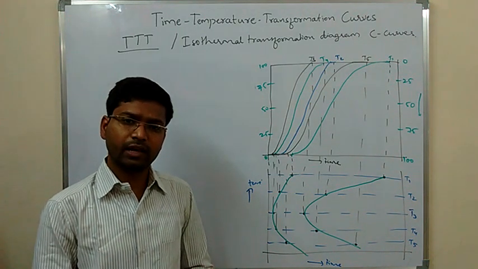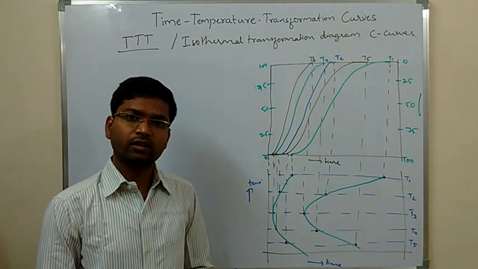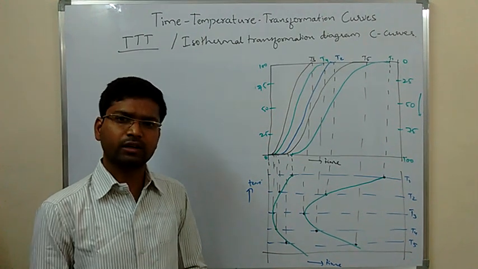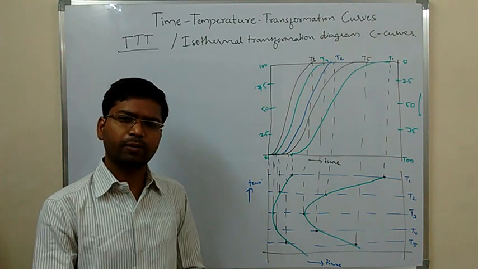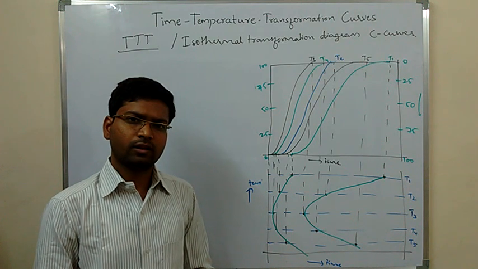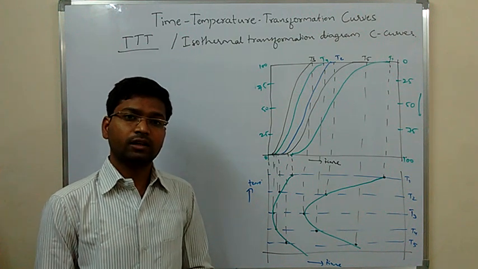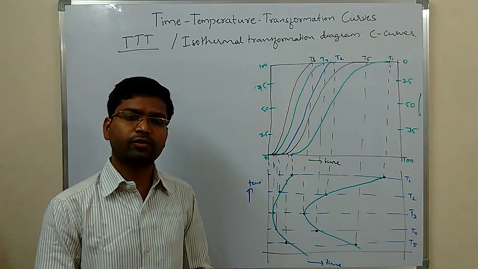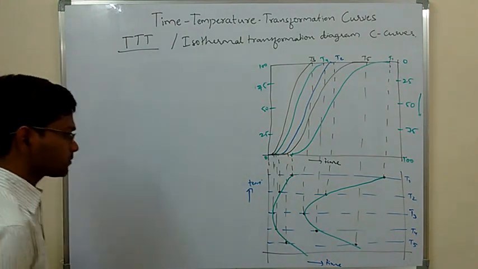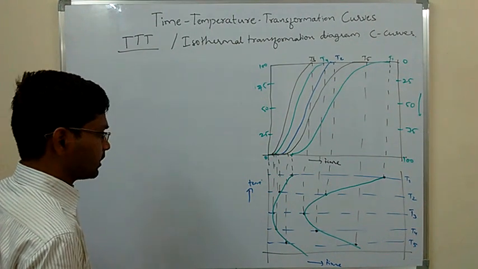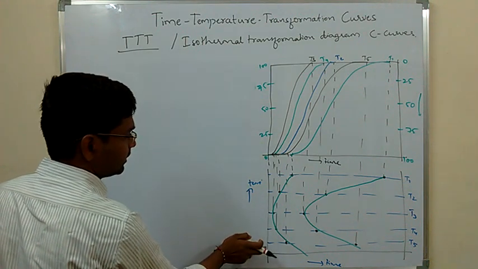In air cooling, where the cooling rate is high, we will get the fine pearlitic structure. Fine pearlitic structure has more hardness compared to coarse pearlitic structure. So these all depend upon the rate of cooling, so that we can calculate the transformations at different temperatures and the amount of transformed phases. So now I will draw the TTT diagram. This is the explanation of how to draw the TTT diagrams.